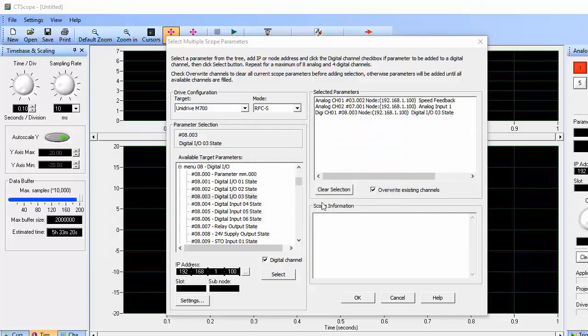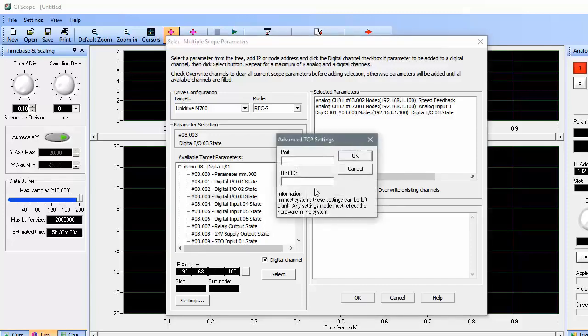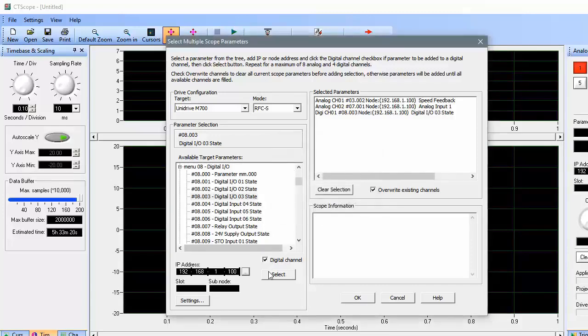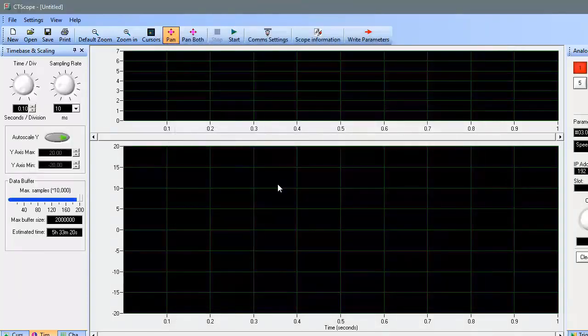The drive I'm connecting to has an IP address of 192.168.1.100, so I won't need to make any changes to the IP address fields. If the IP address of the drive you're connecting to is different, type the drive's IP address here. Also, be sure that your computer's network adapter has a static IP address that's compatible with the network you're connecting to. I'm going to click the OK button now, and then let's have a look at the CTScope user interface